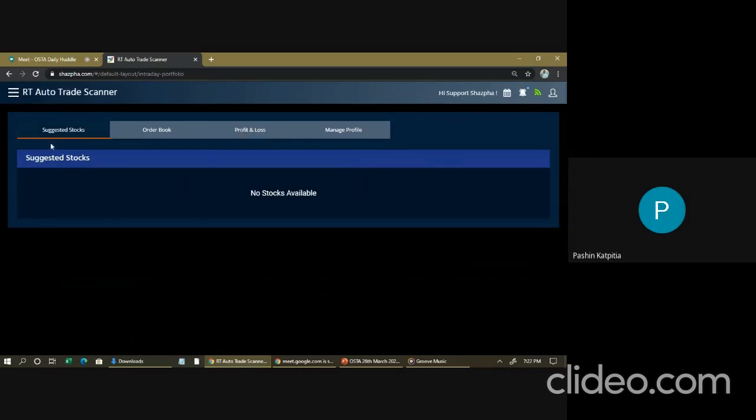Now coming back to the RT auto trade scanner. If you go to this section, this is what you will see: no stocks available. Now what is this RT auto trade scanner? It's a trade scanner.